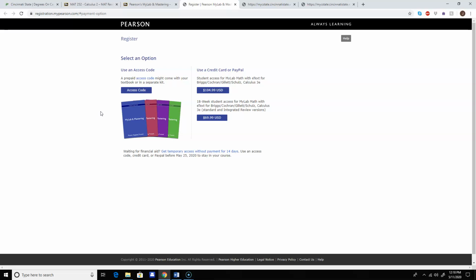But if you've done this before, notice over here there's two options. If you want to purchase using a credit card, there's the student access, which is $104.99, or there's 18 weeks. So 18 weeks is typically one semester, which is a little bit cheaper. But if you purchase the top one, it should be good for a whole year. So if you did this for Calculus 1, you should be able to get into this no problem, just entering